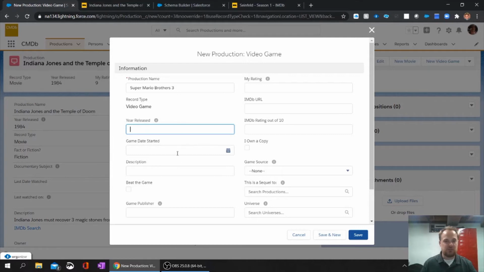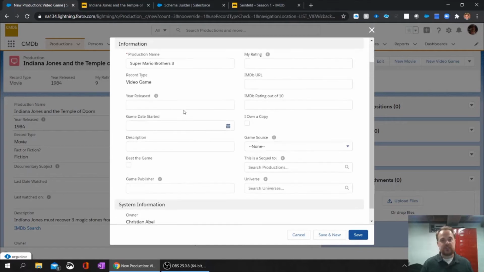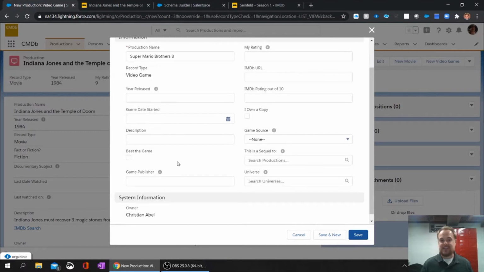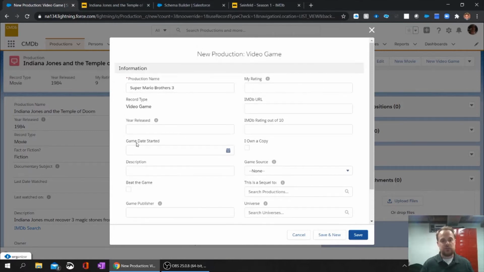Year released, I'm not really sure. Can't remember the name last time I played it, but this is where you can see things start to look a little bit different in the page layout. So instead of having the last time I watched it, I have a field in the layout which is game date started, because a lot of video games